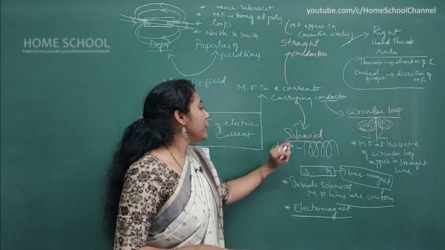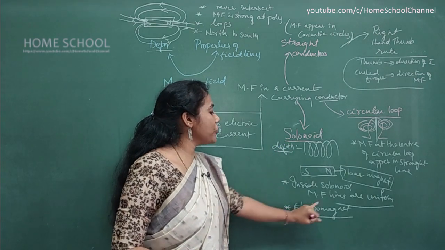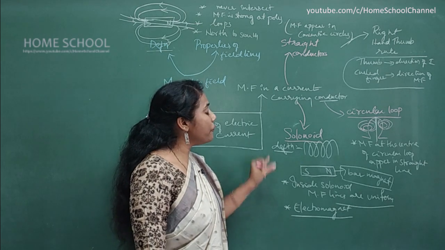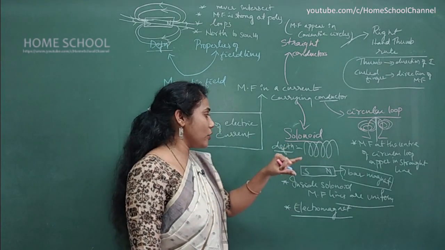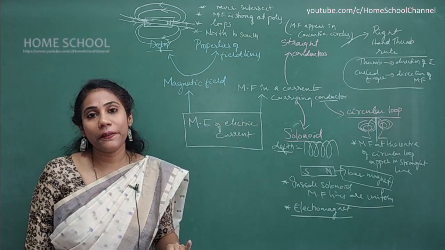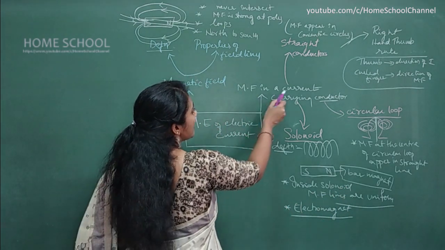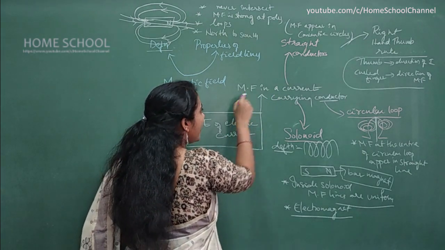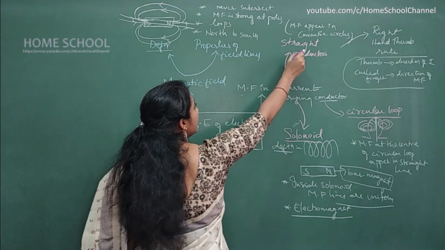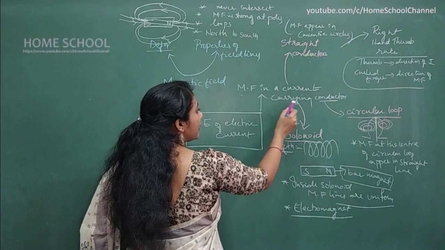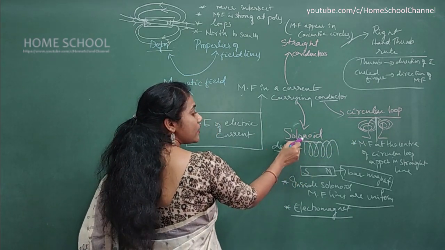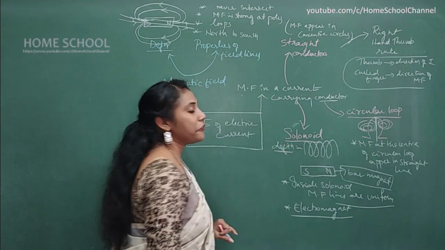Okay, so here the definition of solenoid is important, the definition of electromagnet is important, and they will ask you how the field lines look inside a solenoid. You know, the field lines are uniform inside a solenoid. So this is about the second aspect of the chapter, like in what way magnetic field is generated in a current carrying conductor. If the conductor is a straight conductor, what? If the conductor is a circular loop, how does the magnetic field look? If the conductor is a solenoid, how does the magnetic field look?